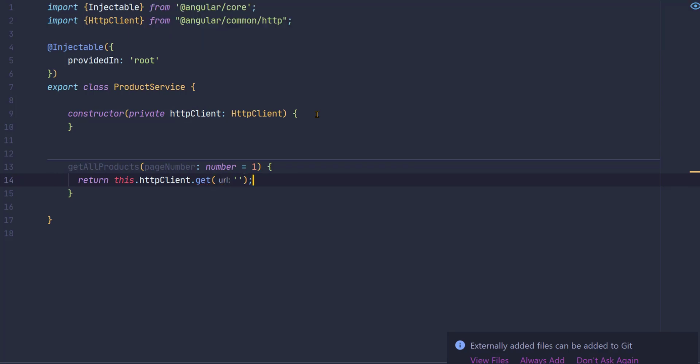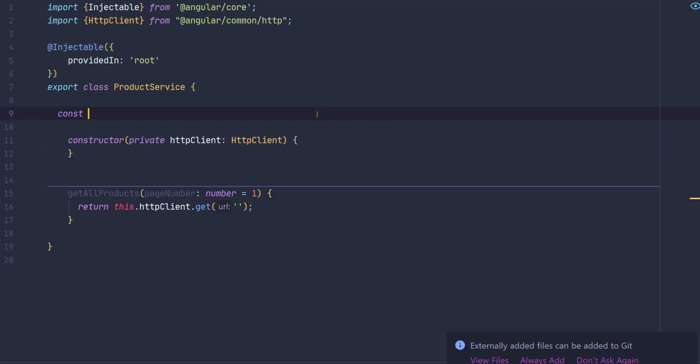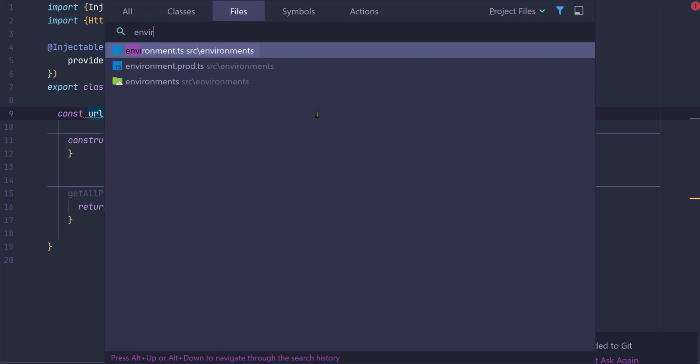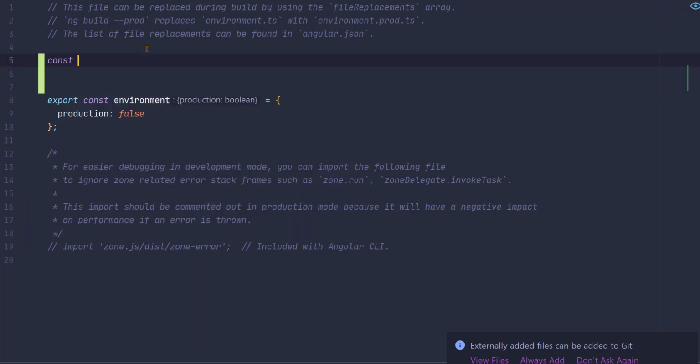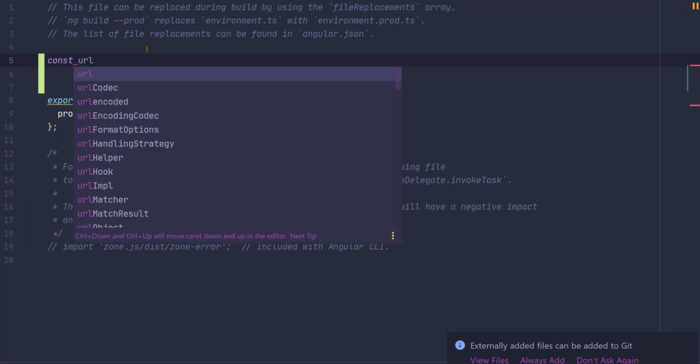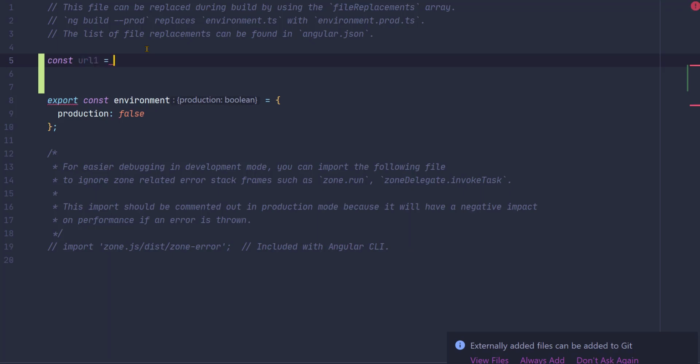So what I will do, I'll first define a const here. And before that, let me go to my environment file. I'll define certain variables here so that I can use them later on. So I'm gonna define some consts here, URL 1, by